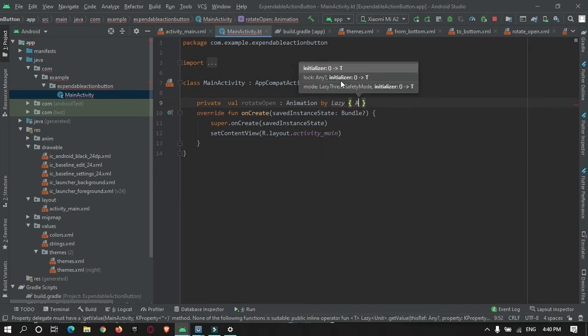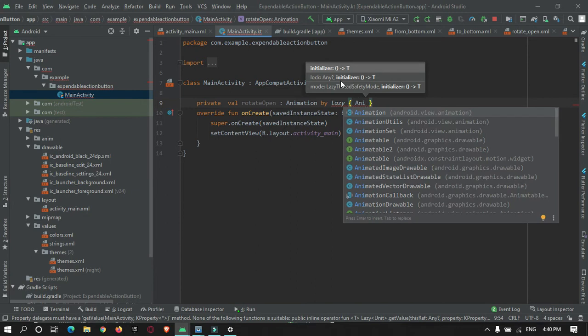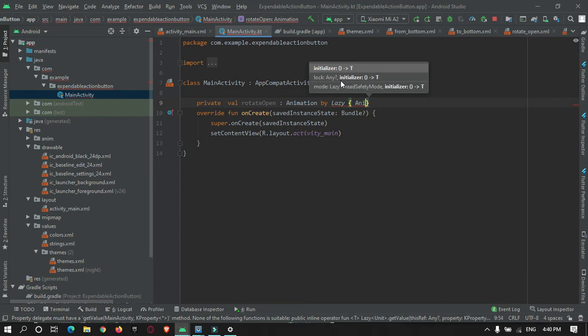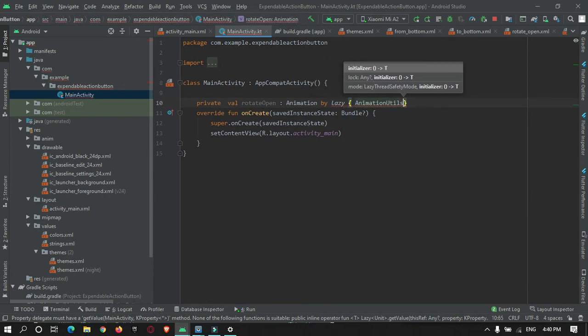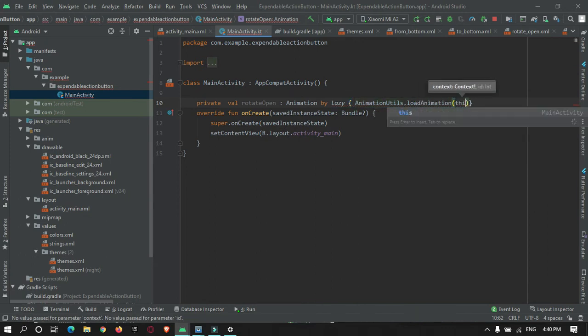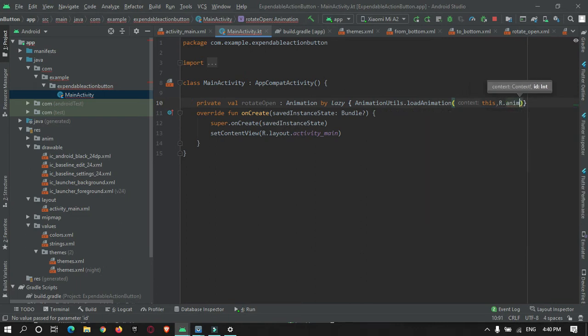Here in AnimationUtils, load animation, this, and the file that we have created in the animation folder, that is rotate open.